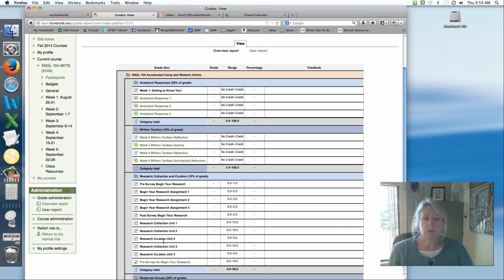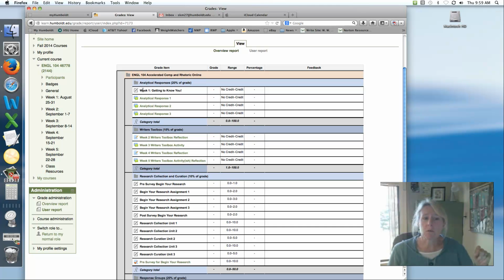The first column describes what the assignment is, and there are more assignments than this, but these are the ones that are visible to you right now. So as weeks 6 through 15 open up, the gradebook will get populated with more topics. The assignment itself will be listed in this first column. The second column has your grade, and it tells you right next to it what type of grade that is.